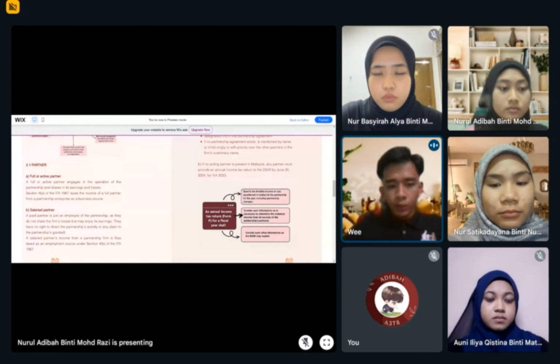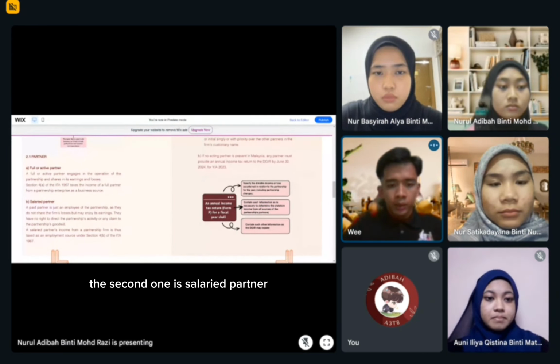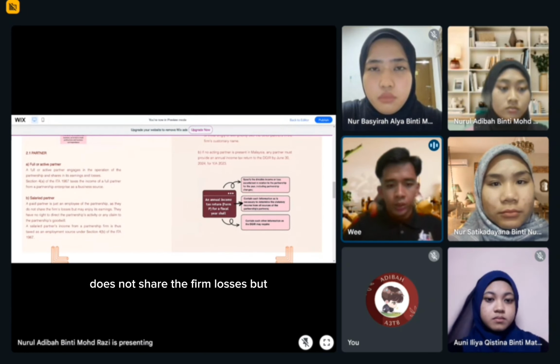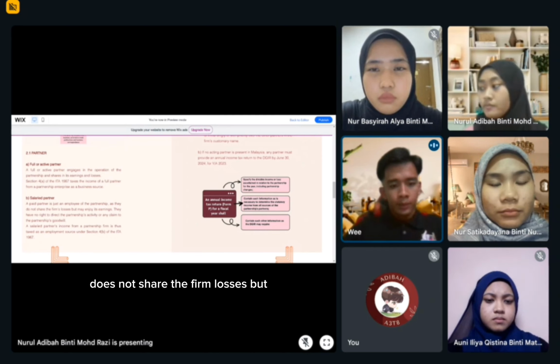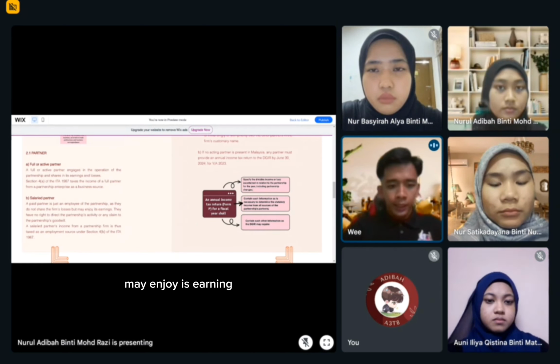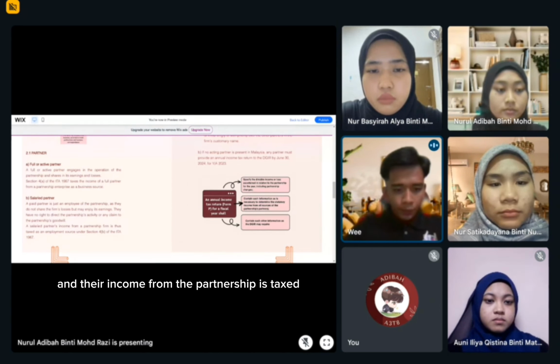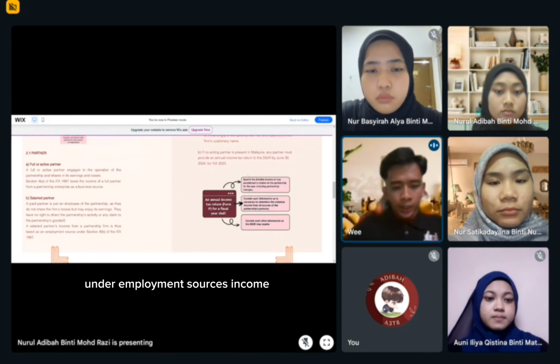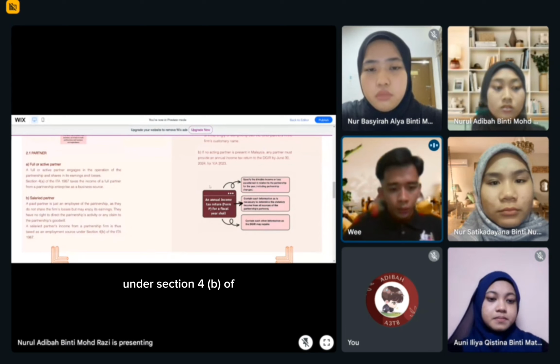1967. The second one is salary partner, who functions as an employee of the partnership, does not share the firm's losses but may enjoy its earnings, and their income from the partnership is taxed under employment source income under Section 4B